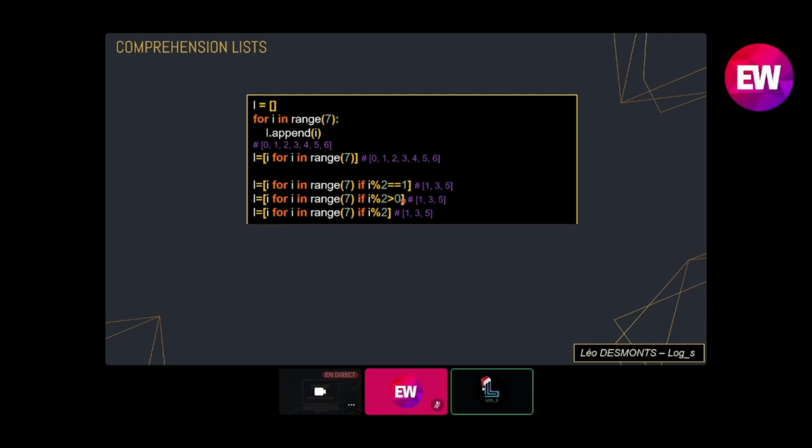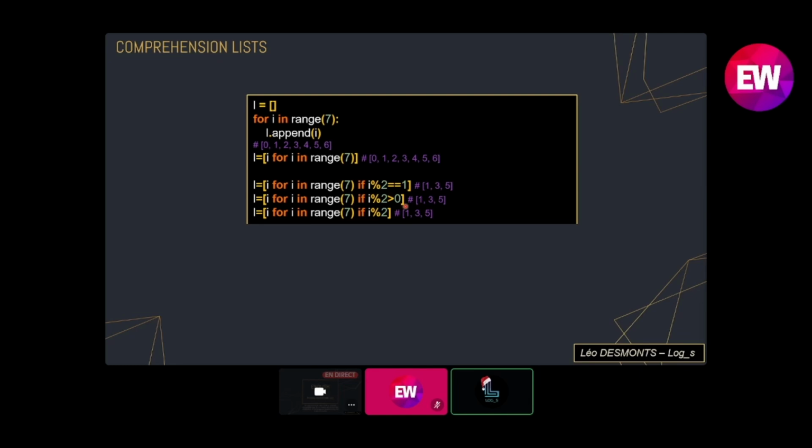Here's a little trick you can use as well that doesn't have anything to do with comprehension list. If you want to check for even and odd numbers, or in general, if you're using mod 2, you know that something mod 2 would always output 0 or 1. So if you're looking for something that equals 1, you can just check is greater than 0.